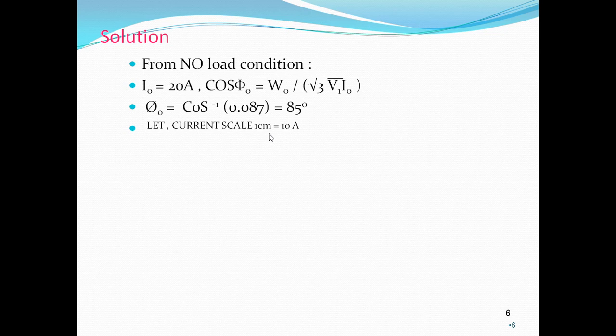Why are we taking a scale? Because we have to draw on a graph sheet, and in a graph sheet one block is 1 centimeter. So we have to convert this current in amps into centimeters. How can we convert? Current scale 1 centimeter is equal to 10 amps. So I naught, which is nothing but OA, is equal to 20 by 10. That is 2 centimeters, at an angle of